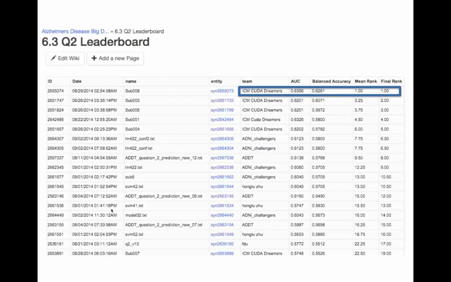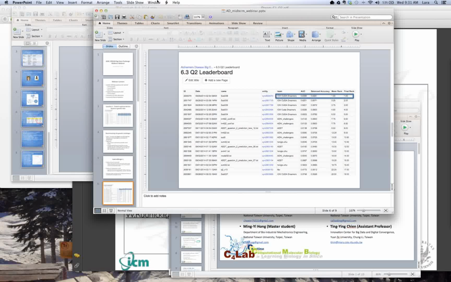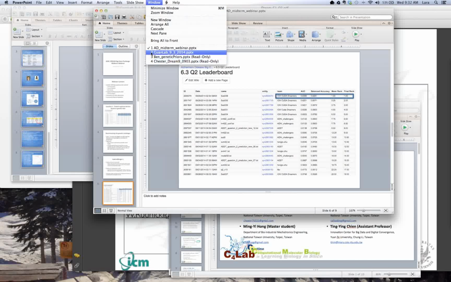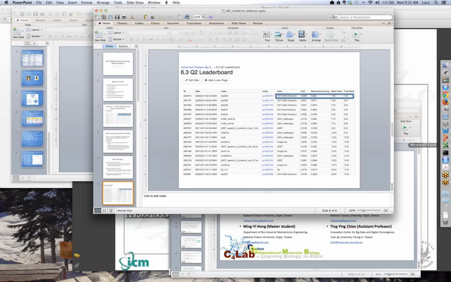Okay, so moving on to sub-challenge 2. Here's the leaderboard for sub-challenge 2. You can see that Team ICM CUDA Dreamers are leading this leaderboard. Unfortunately, they were not able to make it today. They had a conflict. Also, they're in Poland, but